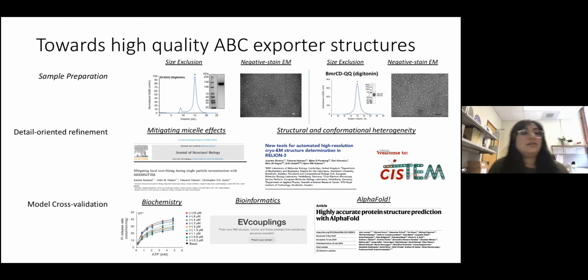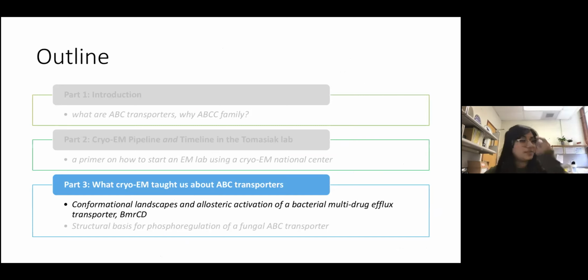And lastly, but not least, we are very, very supportive of validating any of our models with cross-validation techniques, including biochemistry, so having a functional readout, bioinformatics, making sure the context of what we're studying matches evolution, and more recently, AlphaFold, which gives us an unbiased approach to testing how good our model building strategies are. And so with this, the first structure that we solved in the lab, this was my primary project, was